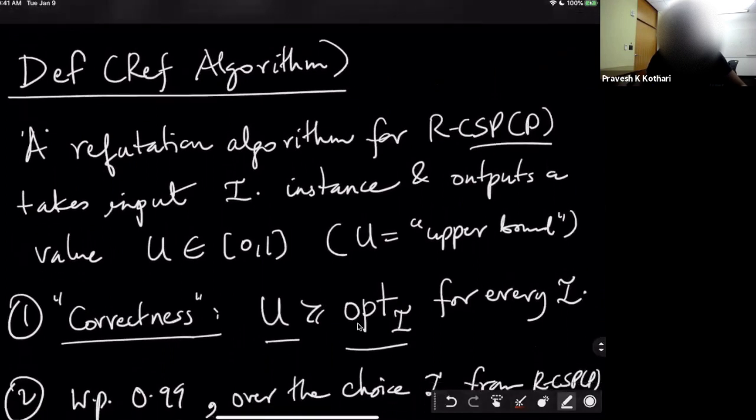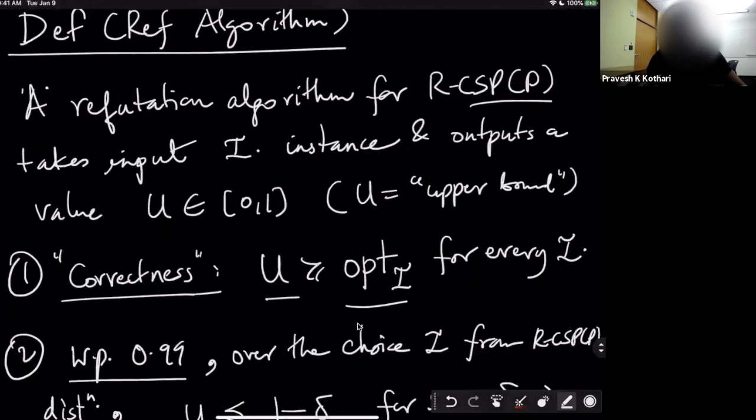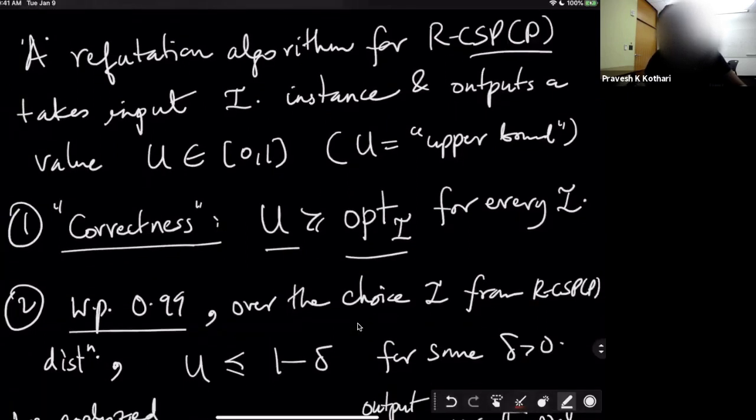I phrased this question without referring to sum of squares certificates. Why does any algorithm that satisfies the requirement here serve as a certificate? Because of guarantee 1, right? We know that whatever value it outputs is always bigger than or equal to opti. So, if it outputs a value less than 1 minus delta, we are absolutely sure that the instance is unsatisfiable. Okay, so in particular,